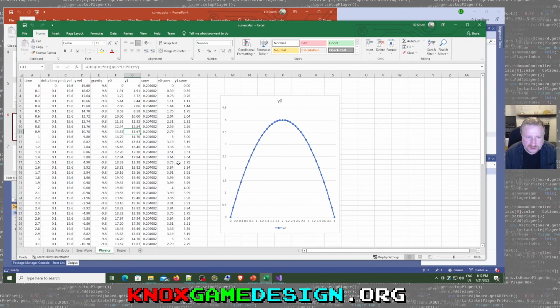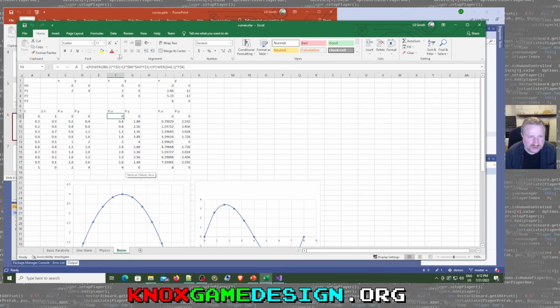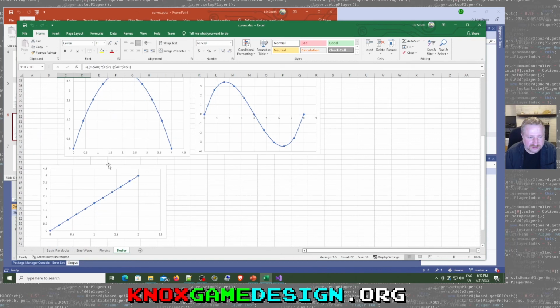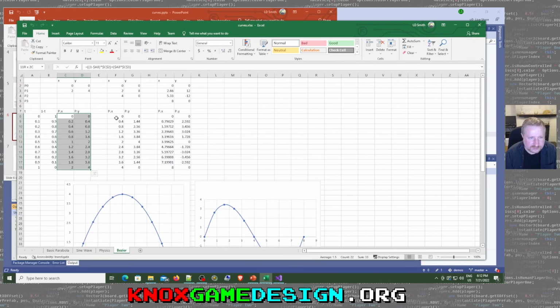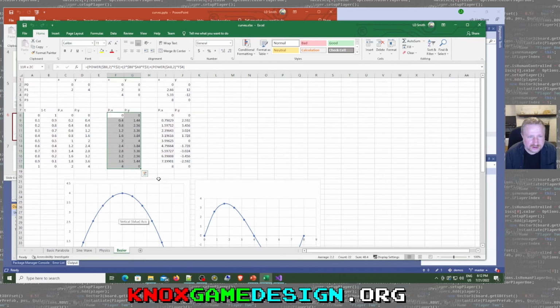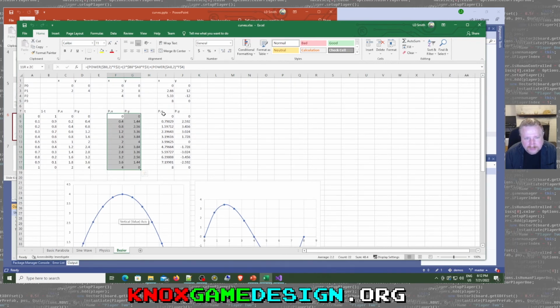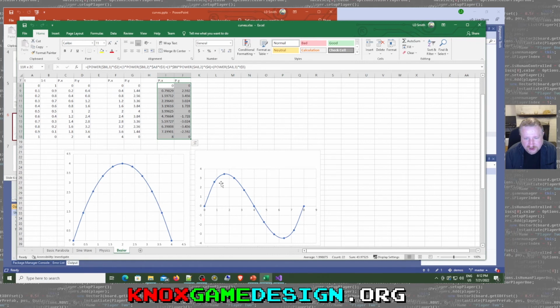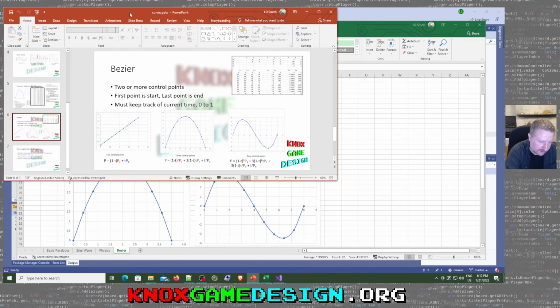Here's the Excel spreadsheet, just showing what the values are. In these 2 columns, I have the 2 control points. That's the straight line, which I have graphed right there. Here's the one with 3 control points, which is our little parabola frowny face curve. And the final one is 4 control points, which gives us almost a sine wave. I didn't get the exact right values here. I just picked some middle control points. But looking back on the slide,